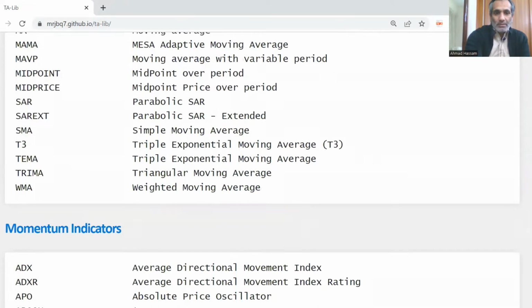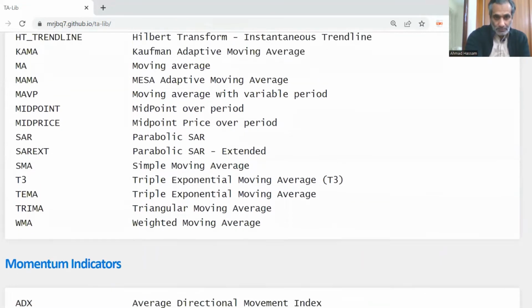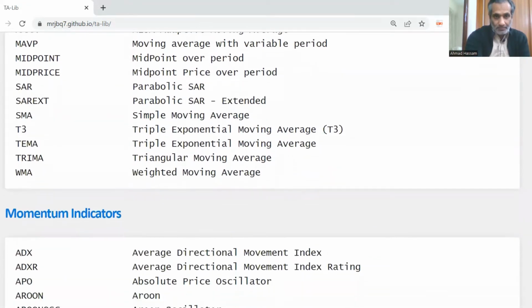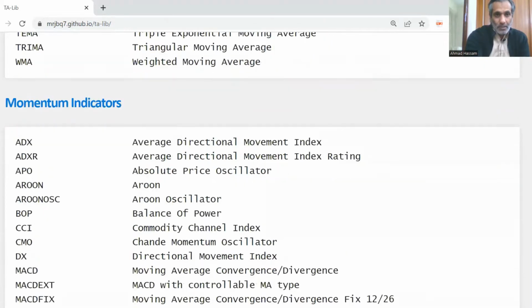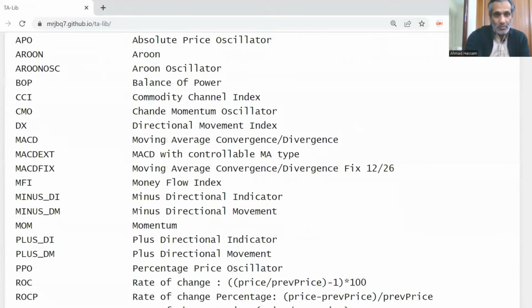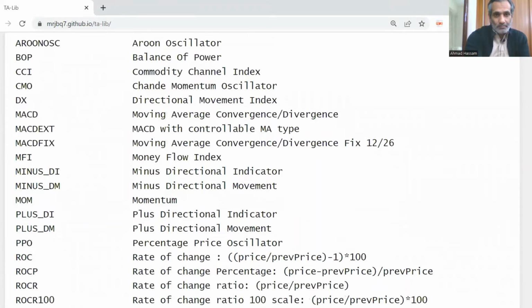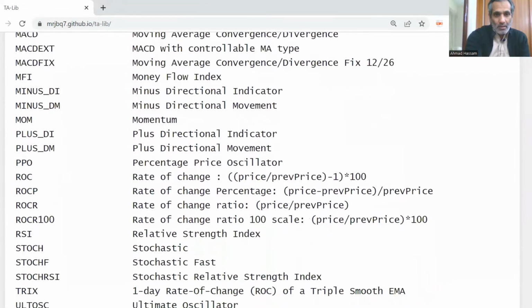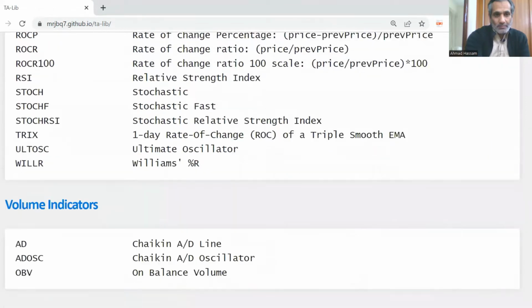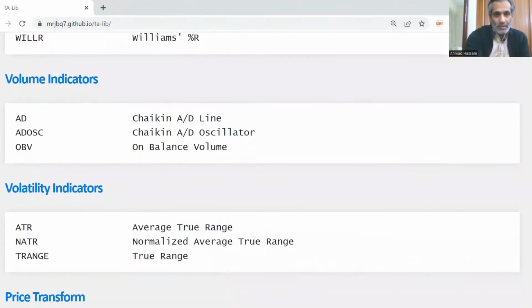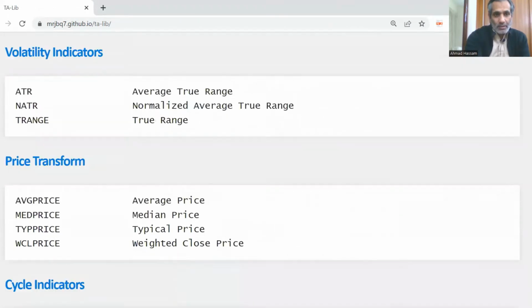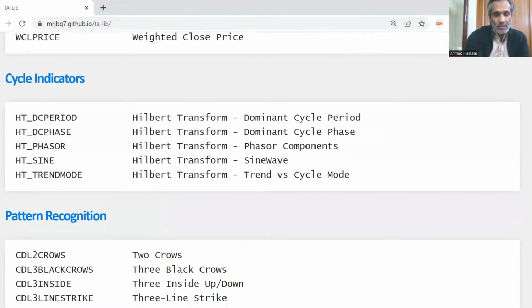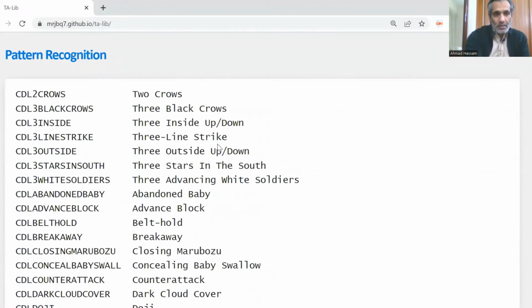We've got many, 150-plus indicators. Momentum indicators: Aroon indicator, Aroon oscillator. See, a long list.